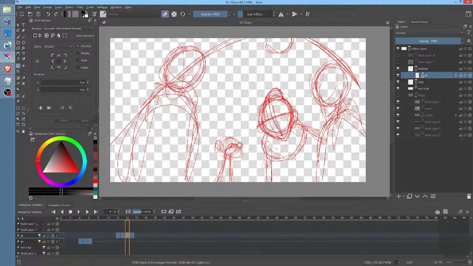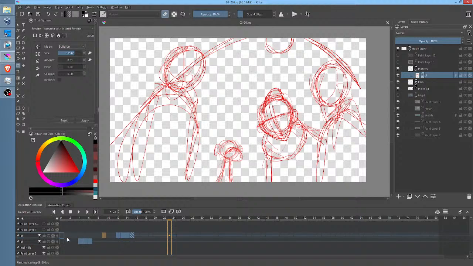I'm going to take my old liquefy tool and stretch that a little bit more. Monkey's kind of the comedy relief guy in the show to a degree, and we usually like to give him a little more squash and stretch and the like.